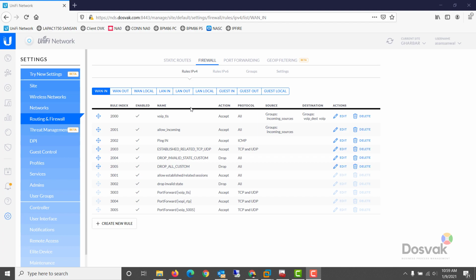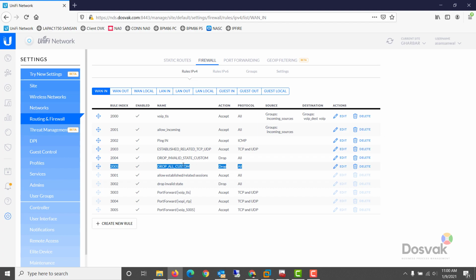All the firewalls come with a default set of rules where established related is allowed and dropping of invalid states is there. But I prefer to start from scratch. So first I disable all the connections, everything coming in. As you can see, the rules are applied in a certain order. The order of the rules matters, and with this icon, you can change the order of the rules themselves.